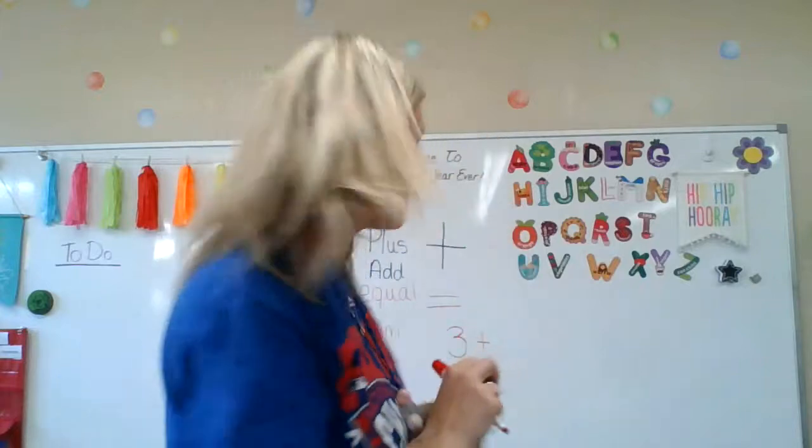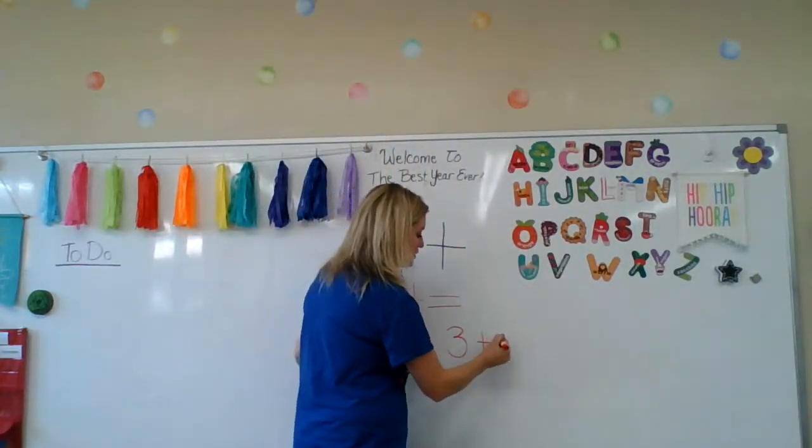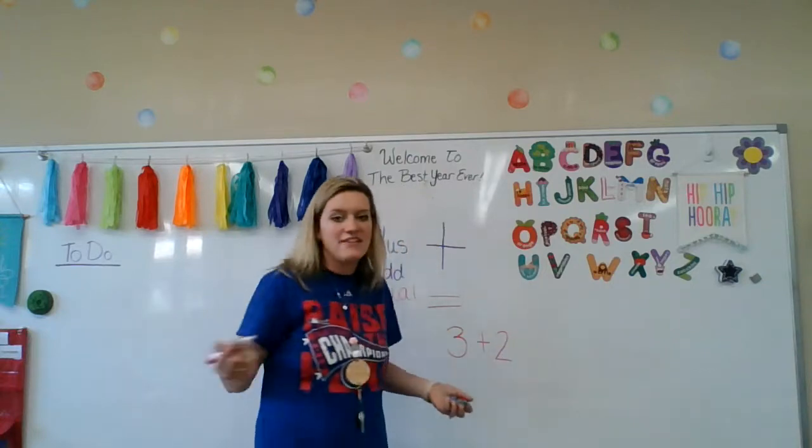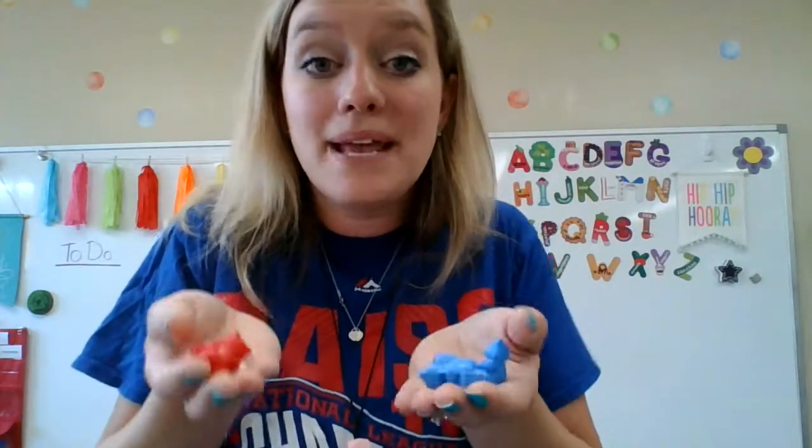Can you help me count? I have 2 red bears. So if I have 3 blue bears, I'm going to add or plus 2 red bears. So that's going to look like 3 plus 2. Now I want to find the answer of that. I want to know how many I have all together. So I'm going to take all of my bears and I'm going to count them up